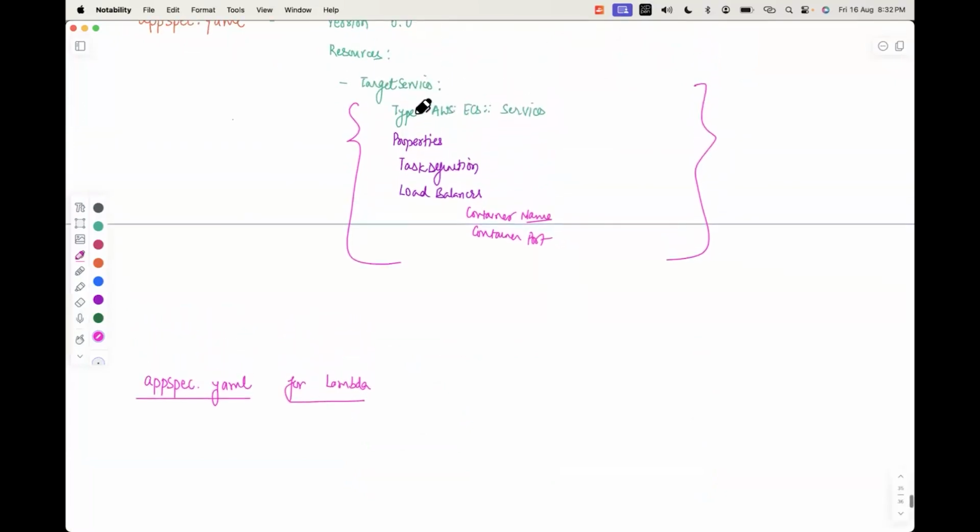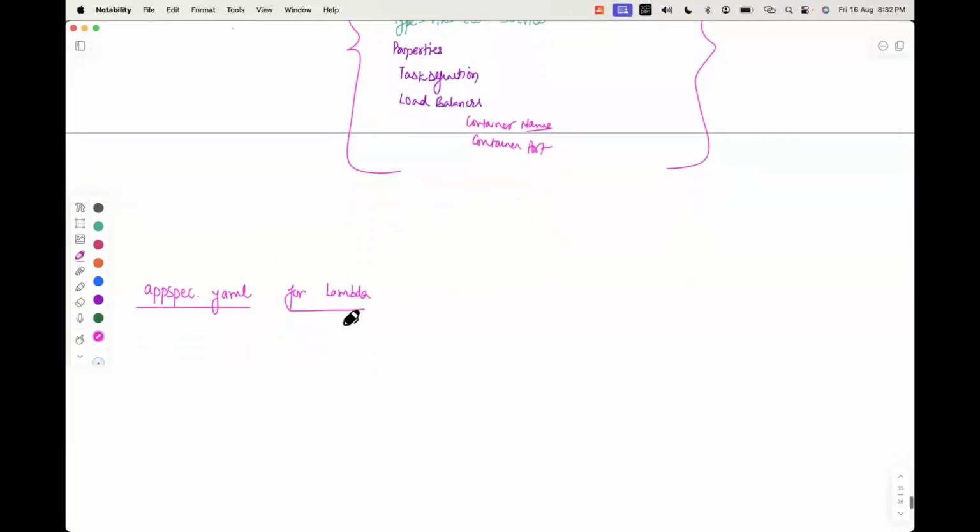If you want to see the description, you can see this as well. But what will be the parameters which we will be defining for Lambda? Come on, everyone. Who will answer this? Come on, take your time. If we are writing the appspec.yaml file for Lambda,